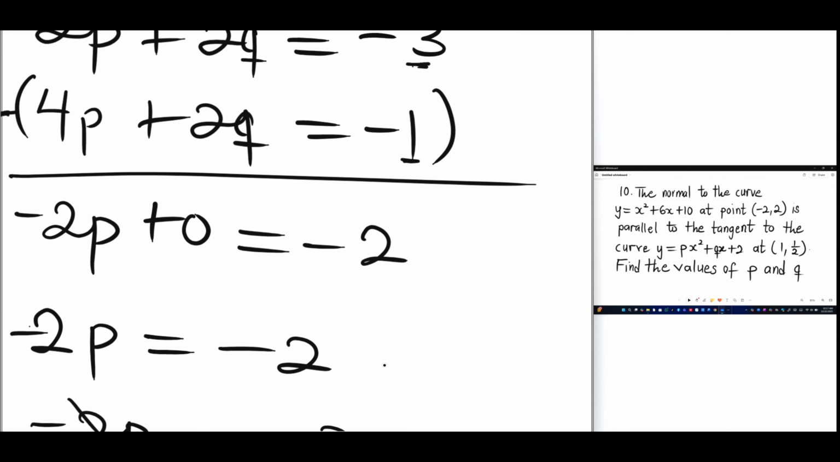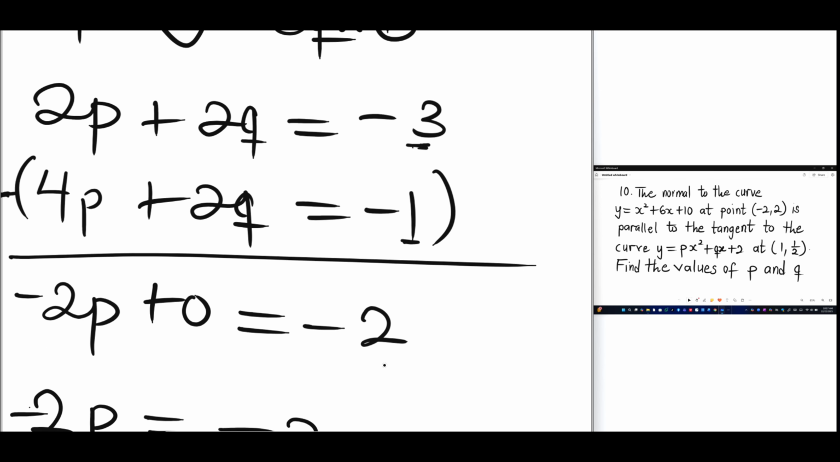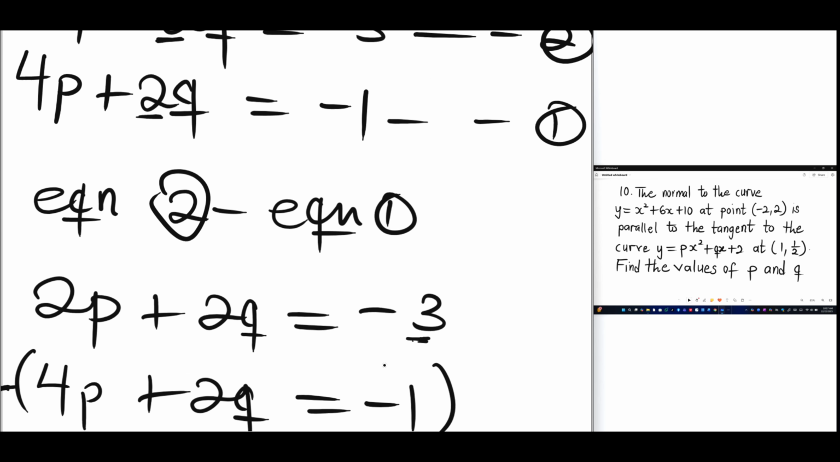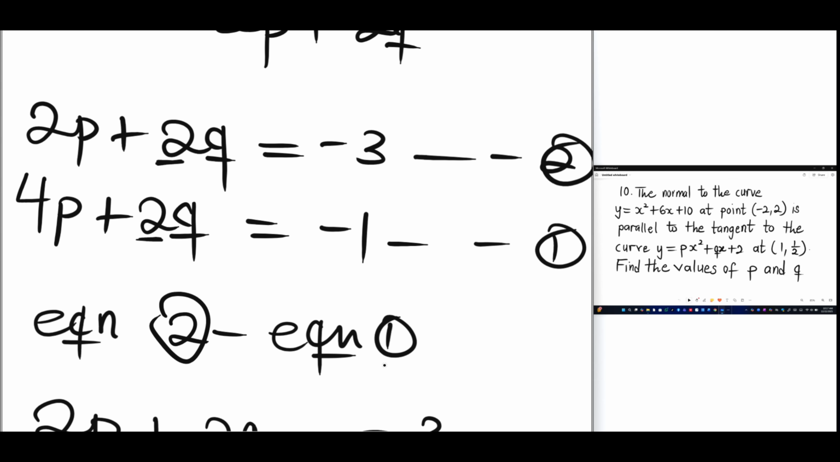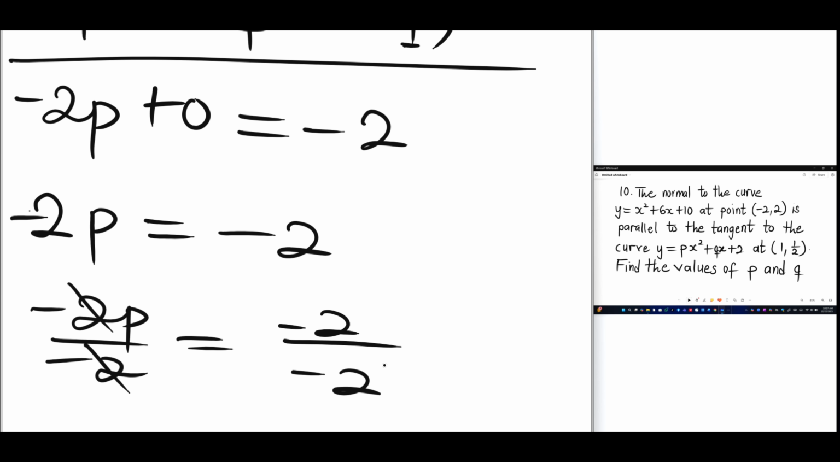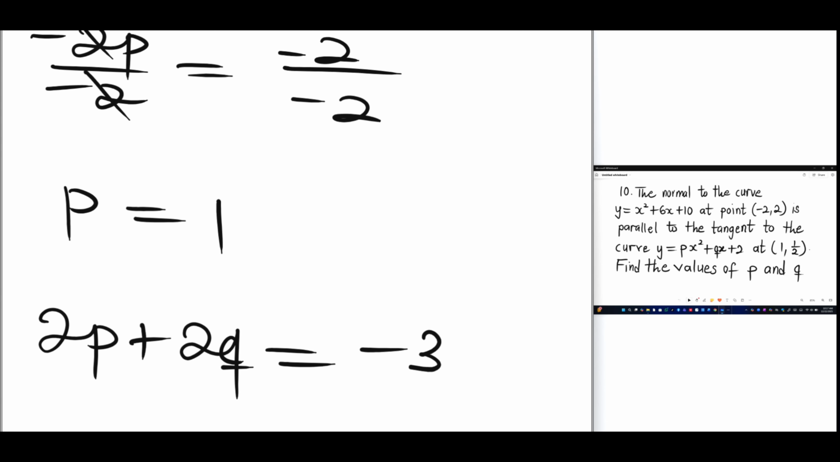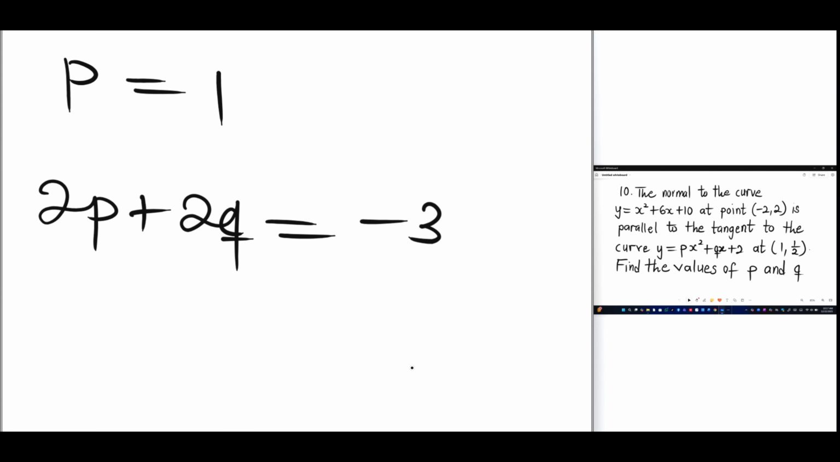So we just need to pick one of the equations. We need to pick any of the equations to find the value of q. So I want to pick equation 1, right? Equation 1 is 2p plus 2q is equal to negative 3, right? So since we know the value of p to be 1, we just plug in the value of p into the equation. So we have to multiply the value of p, which is 1,